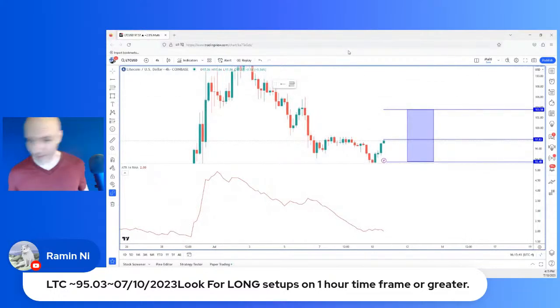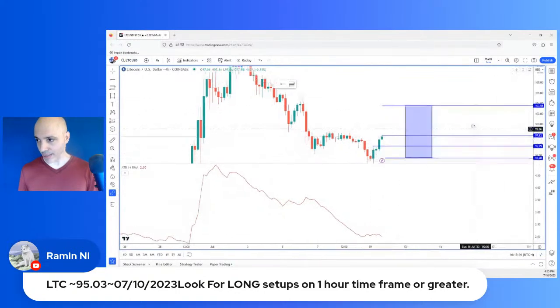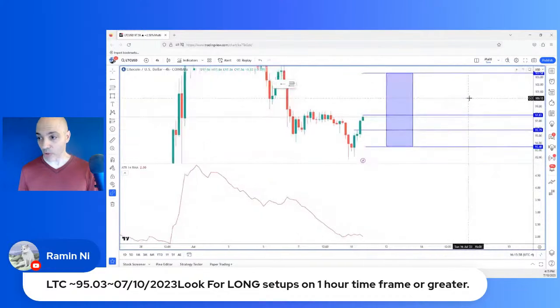And this one is still 95.03. Man, that's all the way over here. So 95.71. Basically, if you don't take the notification price, what I suggest is you wait for the close of the candle and take the break of the high. This line that I just drew here, that's that price. So that's 95.71, which is still worse than the notification price.